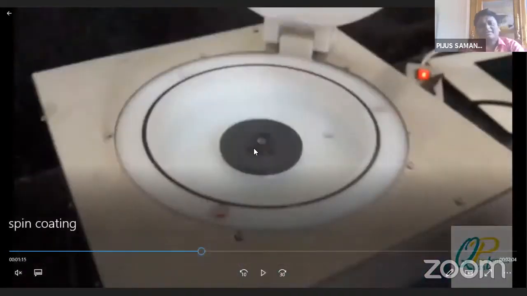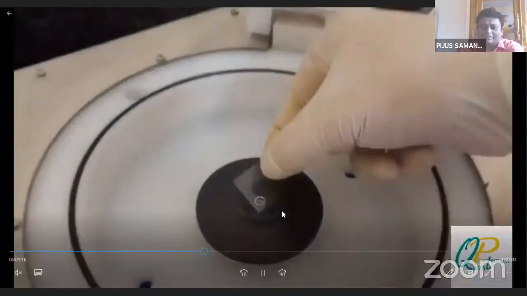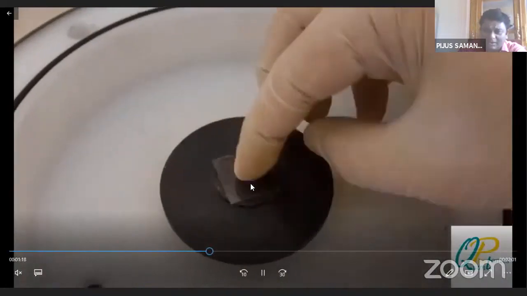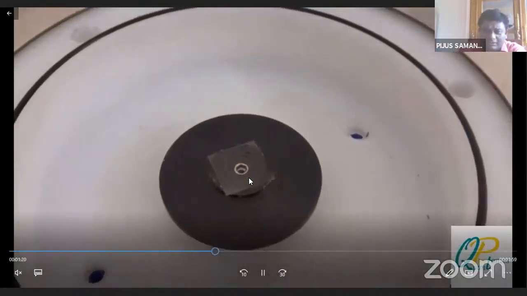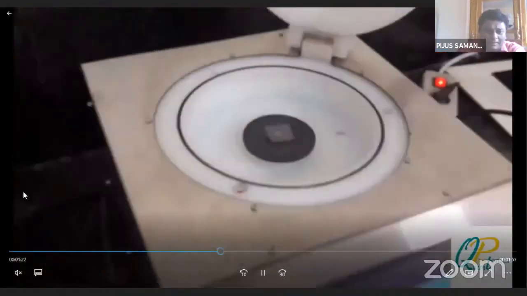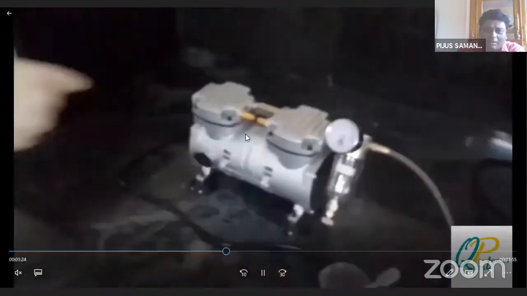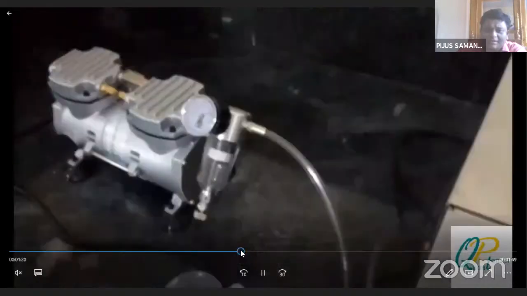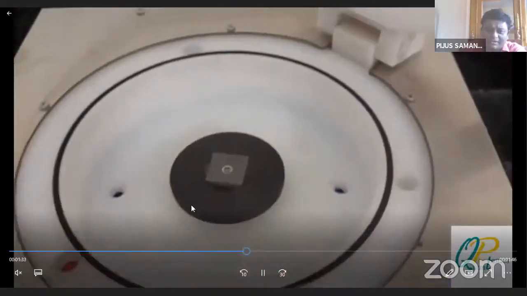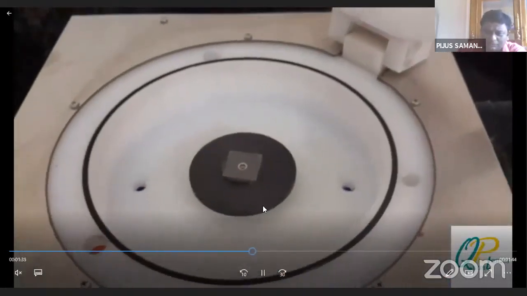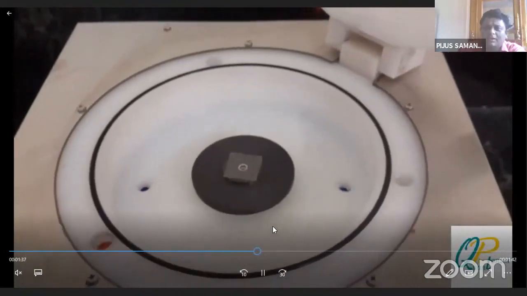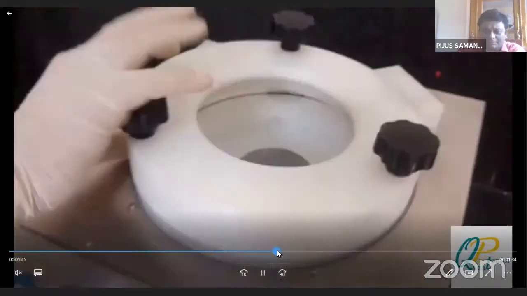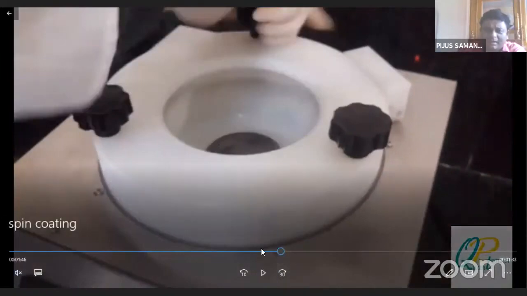So this is the platform. This is the round table over which we will put the substrate. You see over here, the substrate is placed here, and this is the narrow hole which is connected through a tube to the vacuum pump. Once the vacuum pump is on, due to the vacuum, the substrate sticks in this region, so that it will not be thrown off during the high revolution. Now you see the entire thing is